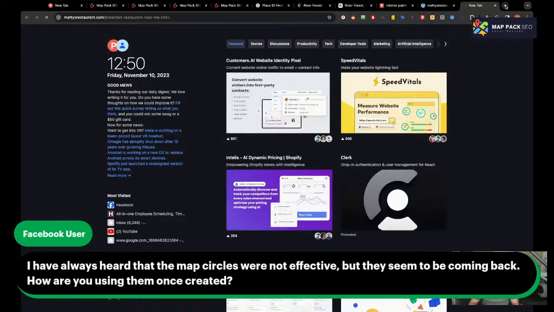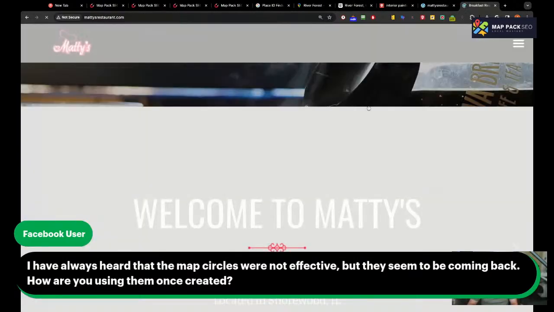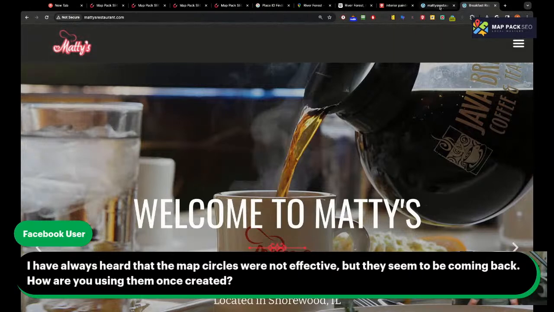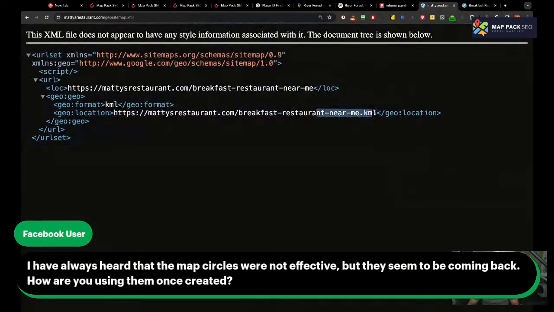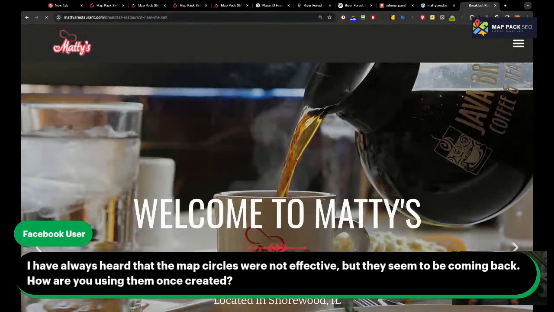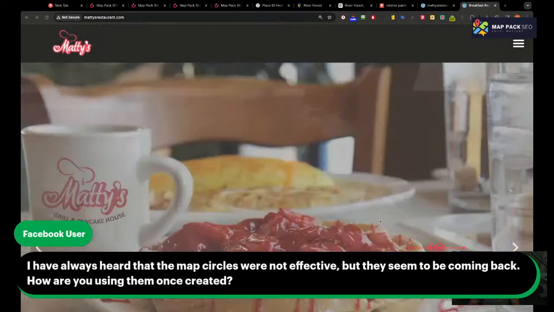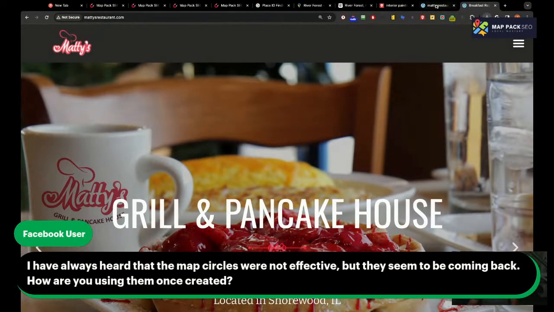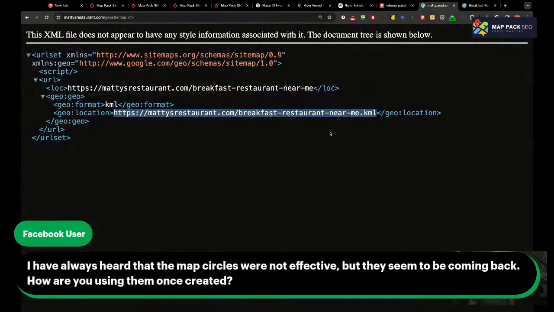I could copy and paste it right here. Oh no, hold on, I copied the wrong one. So yeah, that's the KML file. If I download it right here, you can't really see on my screen, but it's downloaded to my computer. That KML file is actually inside the GeoMap circle and a GeoMap site.